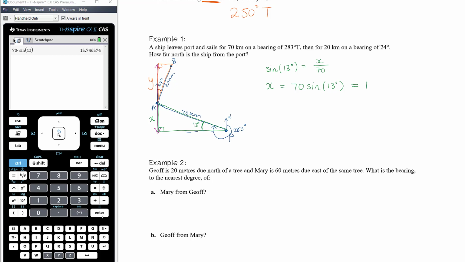15 point, now again it should give us some accuracy, so how far, in kilometres to 2 decimal places, north is the ship from the port. Okay, so this is 15.75 kilometres, sorry, not metres, kilometres. And then in the orange triangle, y is the adjacent side and 20 is the hypotenuse, so we're going to need to use cos. So cos of 24 degrees is adjacent, which is y, over hypotenuse, which is 20, and so y is 20 times cos of 24 degrees, which is approximately